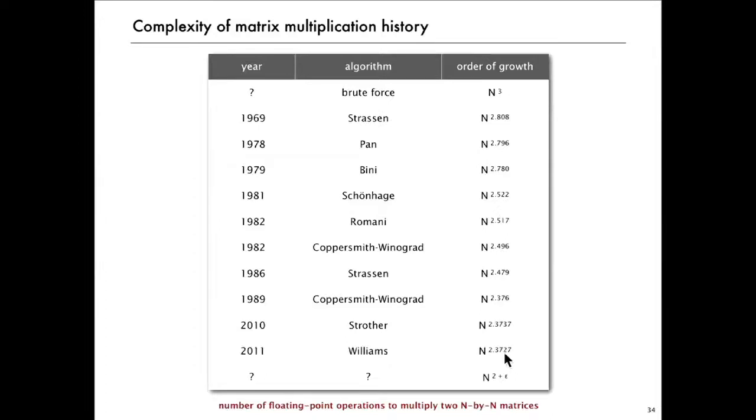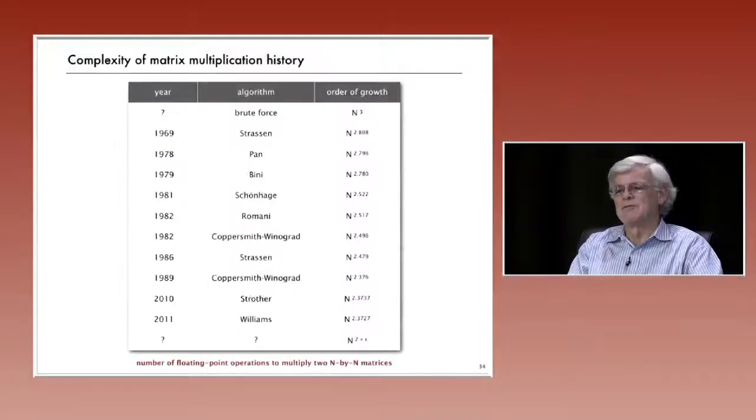improvements to this. The last one went from 2.3737 to 2.3727, which doesn't seem like much, but maybe one of these research results will be a breakthrough that will give us an efficient new algorithm for all of these problems involving matrices. So again, it's very useful to have classified all these problems and even increase the leverage of